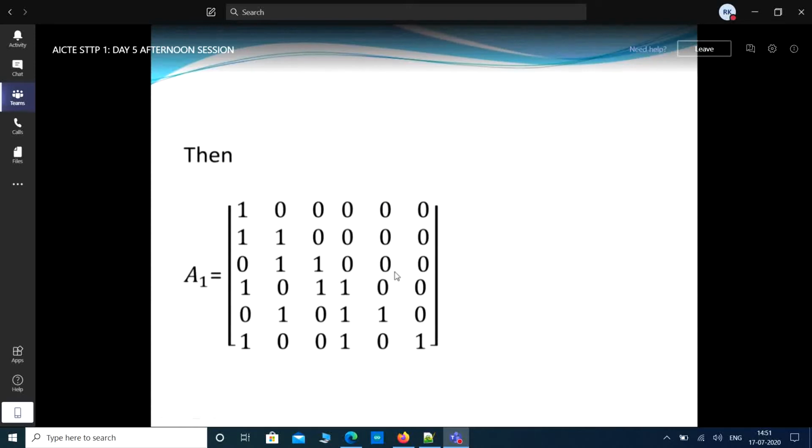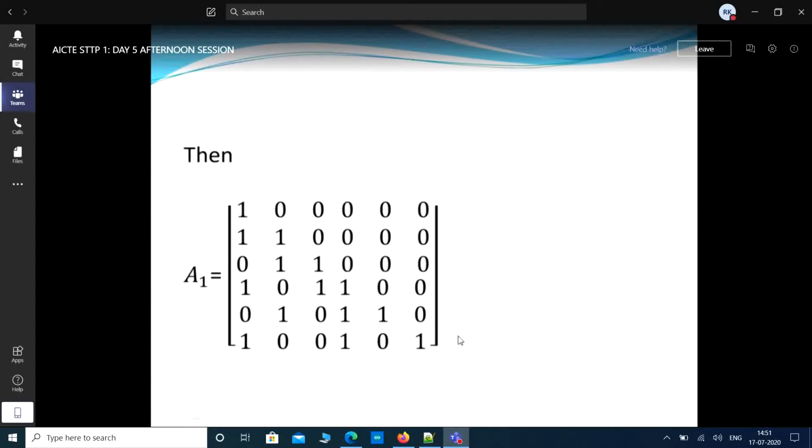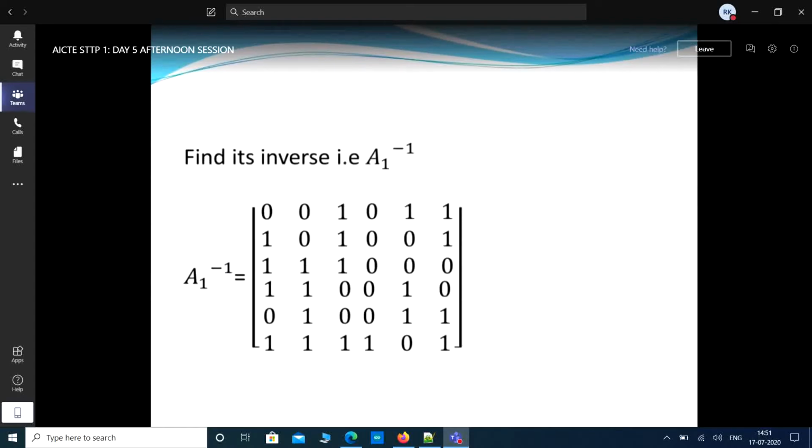Finally we get the lower diagonal matrix. Above the diagonal, all elements should be 0. After converting the matrix into lower diagonal form, we compute the inverse matrix. So this is A1 lower diagonal, and with the help of the inverse operation we get the inverse matrix. The inverse matrix means adj A by det A. I will not explain adj A and det A here. So with the adjoint A matrix and det A, we convert into the inverse matrix, A1 inverse.